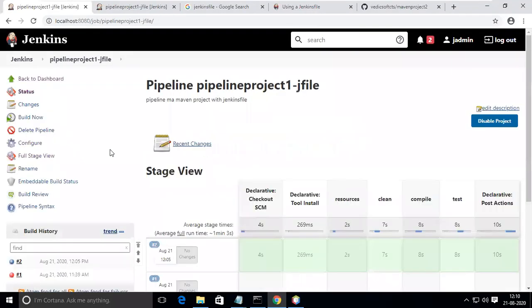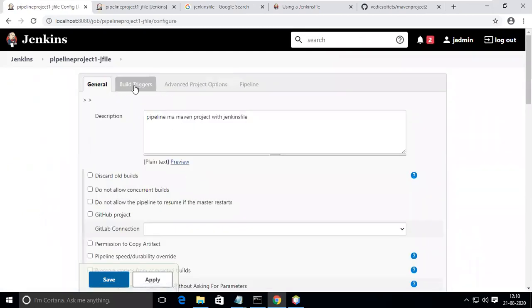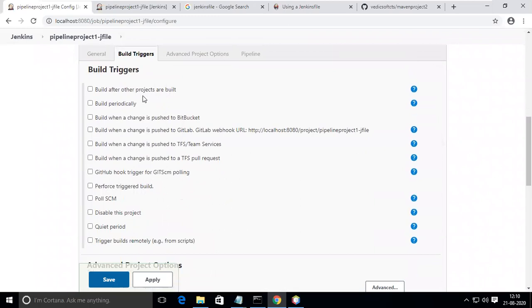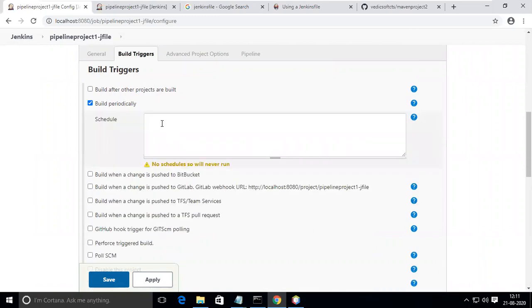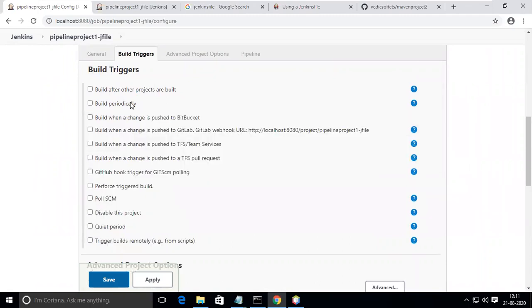Okay. A few more parts are there, but I'm just going to configure build triggers. Build after other projects are built, so it will check with the other projects. Build periodically means you have to give a schedule for when it should run, like every 1 hour an automatic build will be started.